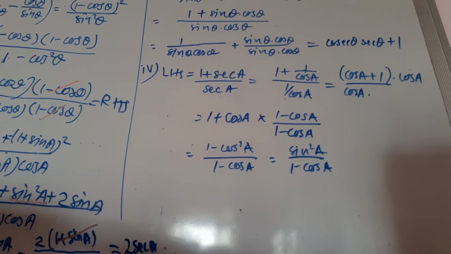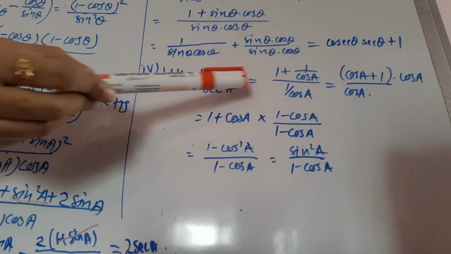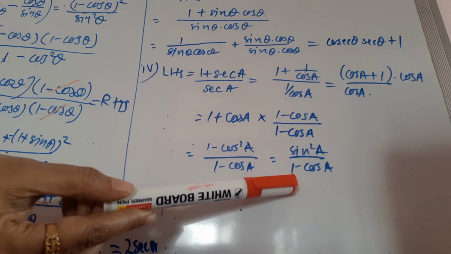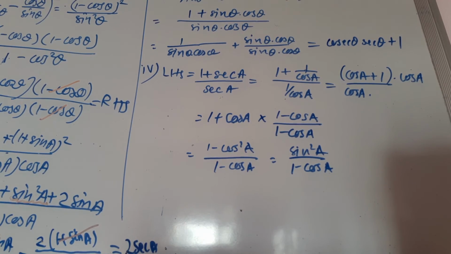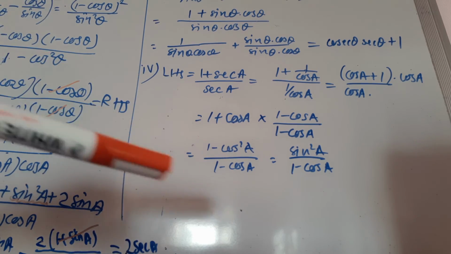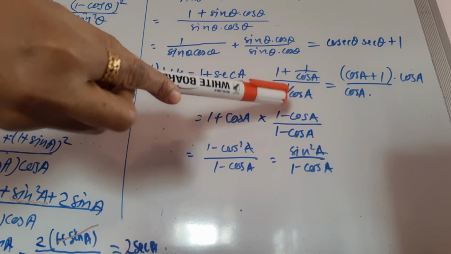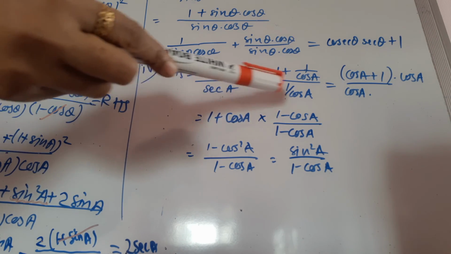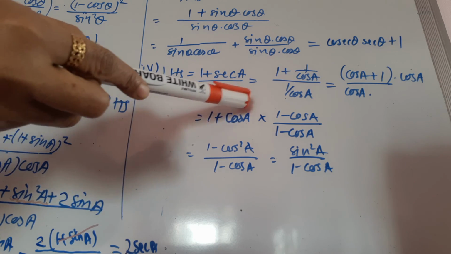Now for solving the fourth question, here again we have converted sec to cos. Only sec is given, and it is asked to convert sine square divided by 1 minus cos a. After solving we get it in a very simple way, 1 plus cos a, but in the denominator it was asked 1 minus cos a. So we have multiplied the numerator and denominator by 1 minus cos a, and we will get the form a plus b, a minus b. So here a square minus b square, it means 1 square minus cos square a.